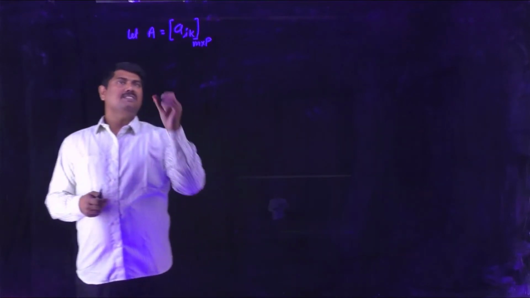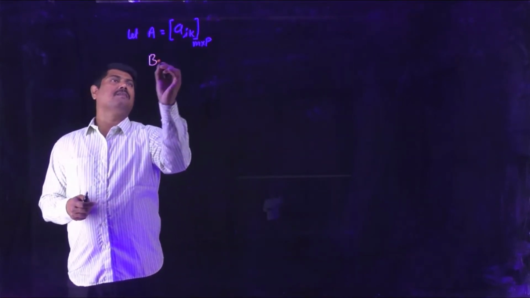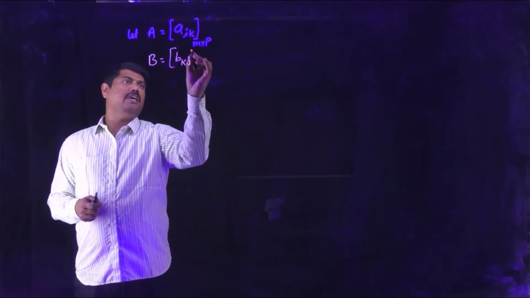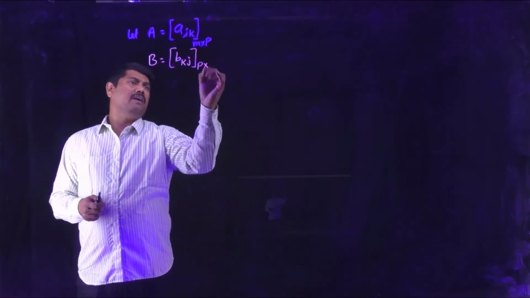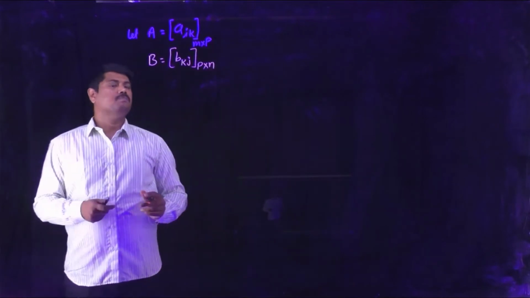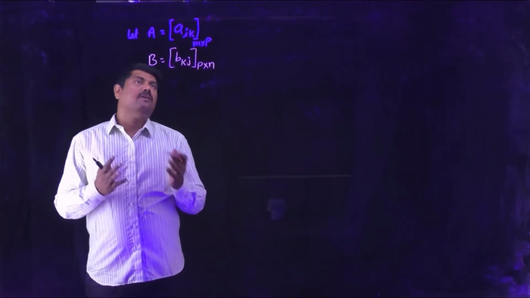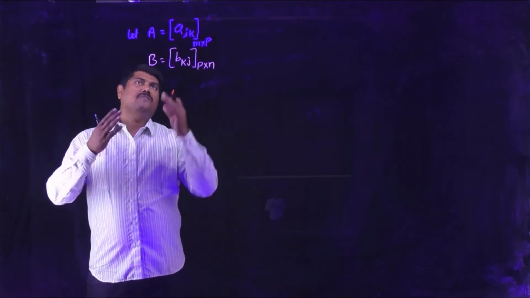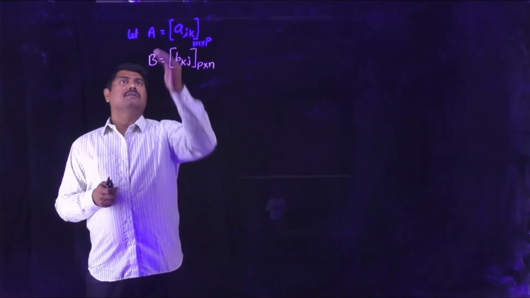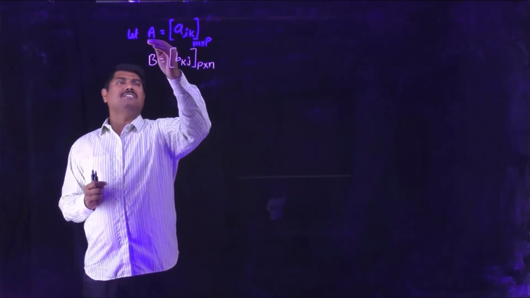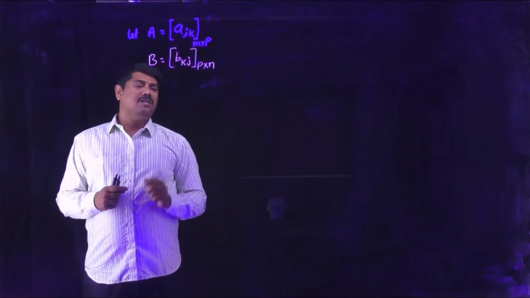And consider another matrix B whose elements are denoted like this, b_kj, and is of order p by n. So this is the general way of expressing and considering matrices. Considering matrix with element position, A is the matrix,